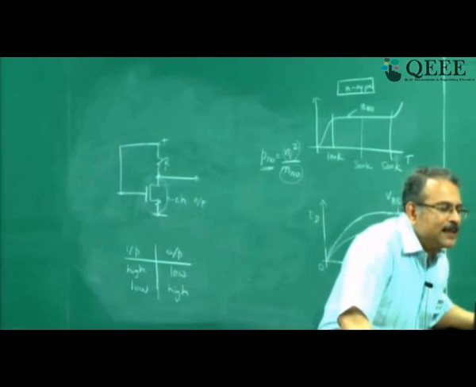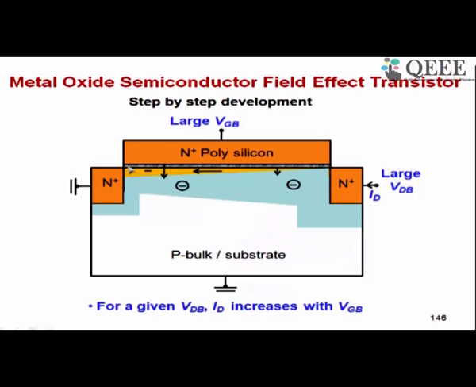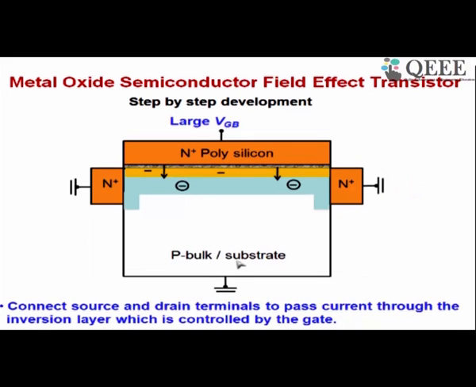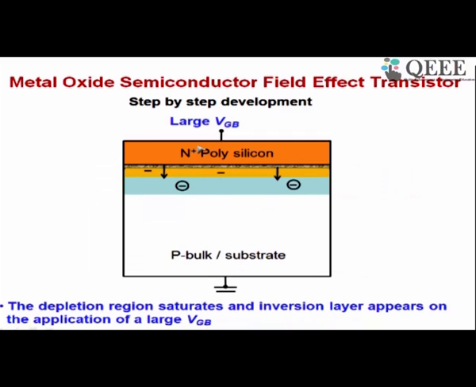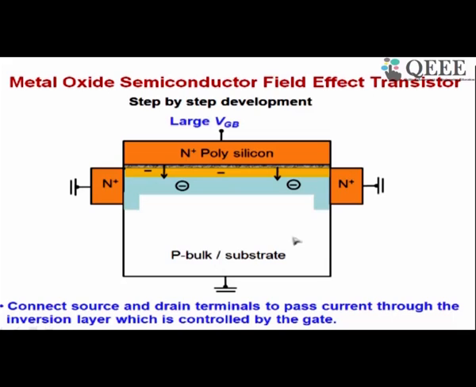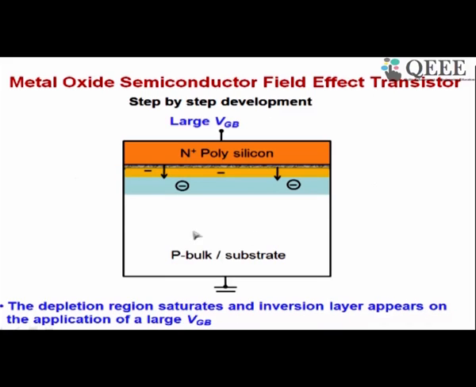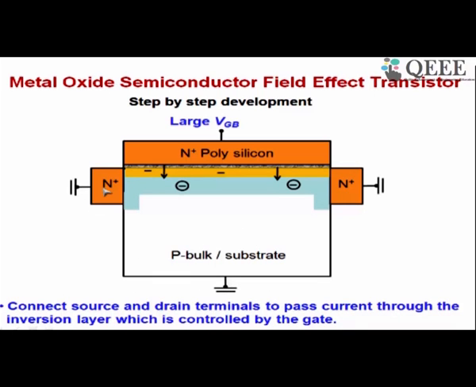Charge carriers in the channel, where do they come from? Good question. These carriers, where do they come from? It depends on your circuit. Suppose you are looking at this channel, where are the carriers coming from? They come from the bulk substrate. On the other hand, if I connect source and drain like this, then it will be easier to get these electrons from the source. So when the source is connected, then the carriers come from the source. But if the source is not there, as in this case, then carriers come from the bulk terminal. Okay? If the source is connected, they come from the source terminal.